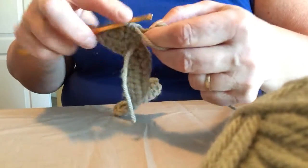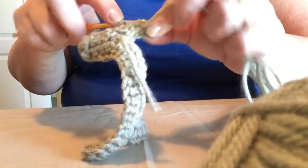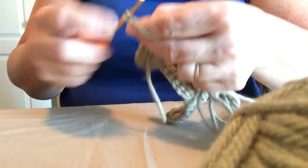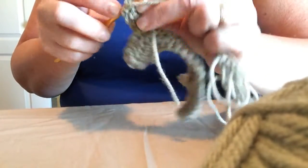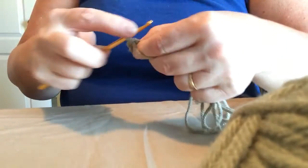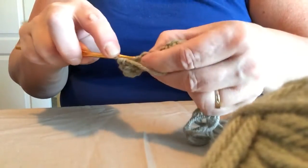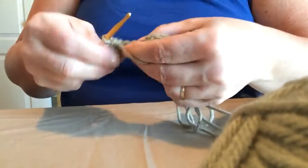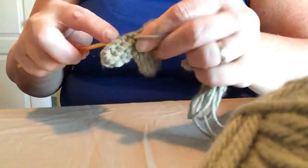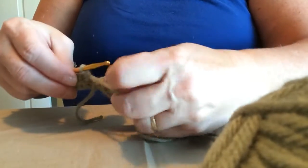All right, 1, 2, 3, 4, 2 single crochets in the top, 1, 2, and then 1 single crochet in the next 4. 1, get in there. 2. It's a little hard sometimes when you're stitching tight to get right in that loop. There we go. 4. Now we're going to skip that one loop, that one right there, that one slip stitch,